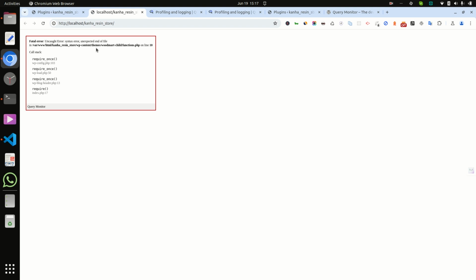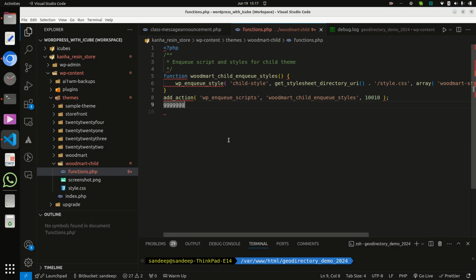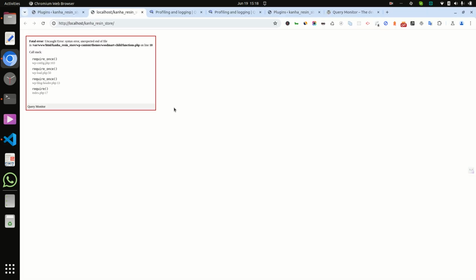So if we do not use this plugin, then it will not show this. I am showing this code: when I go to line number 10 and remove that code, now it is coming fine.